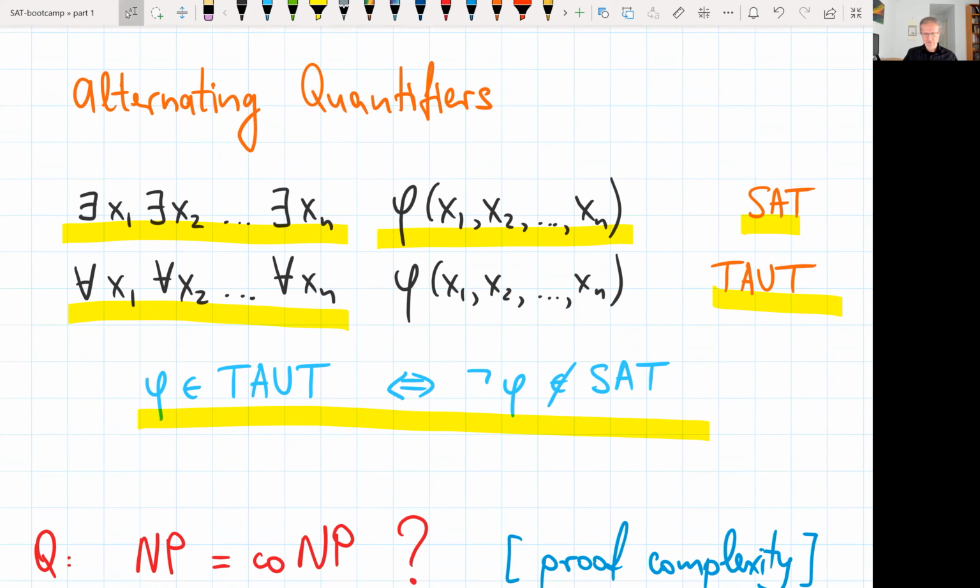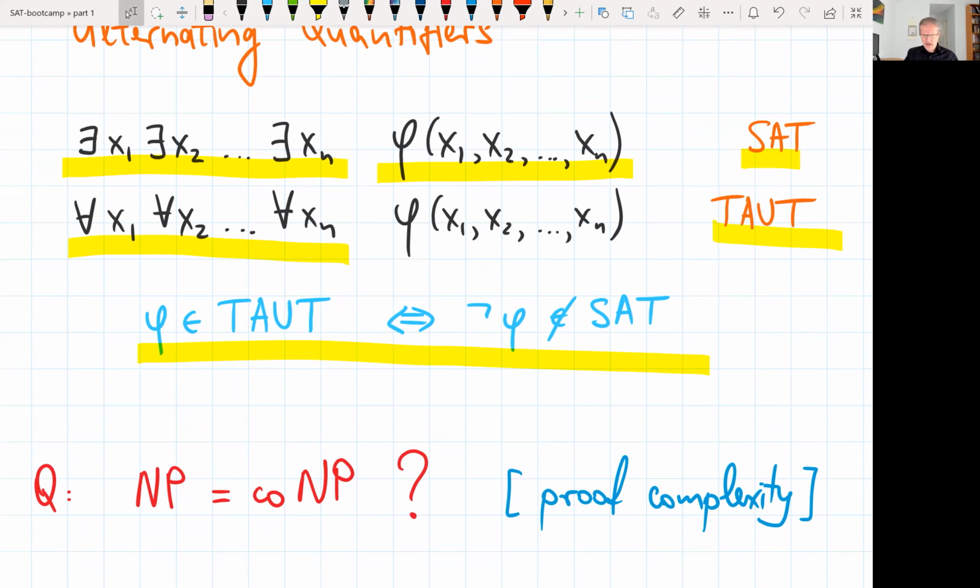Okay, so the two problems are very related. And while SAT is a problem complete for the class NP, as we've seen, the problem tautology is complete for the class complement of NP, denoted as co-NP. Okay, and we think that SAT and tautology have different expressive power, and we don't know whether you can take a co-NP problem like tautology and put it in the class NP.